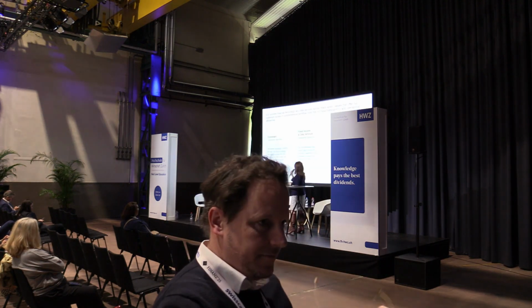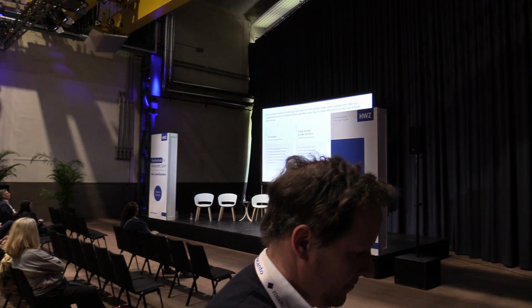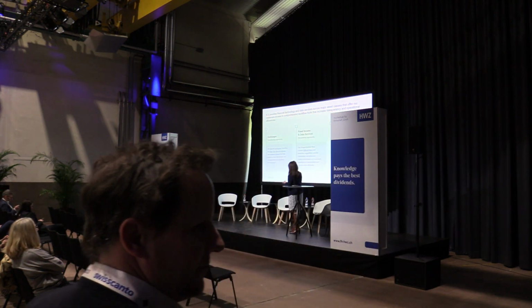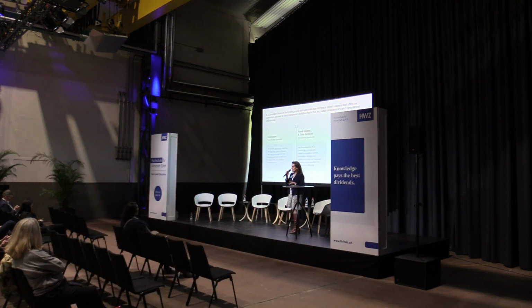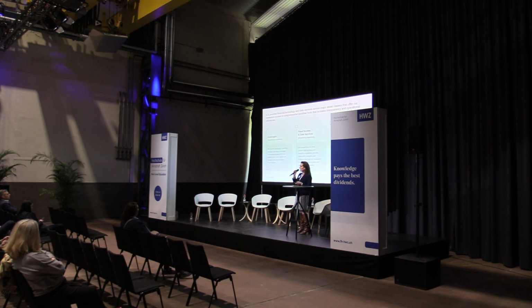But ICE is a big group, and it's very important to highlight the three pillars. We have an exchange pillar. So basically, we are owning 13 exchange venues. We are actually the owner of the New York Stock Exchange, but we also own commodities exchange venues. We own the Life. We own the Singapore Exchange. So we have 13 exchange venues and 7 clearing houses. We basically clear everything that is exchanged on our venues.